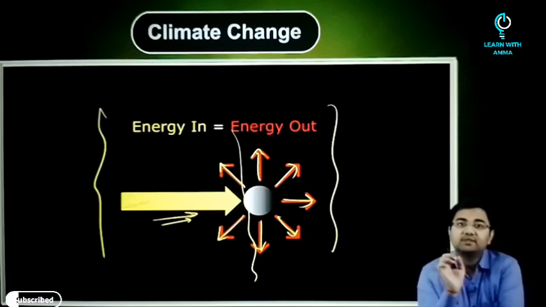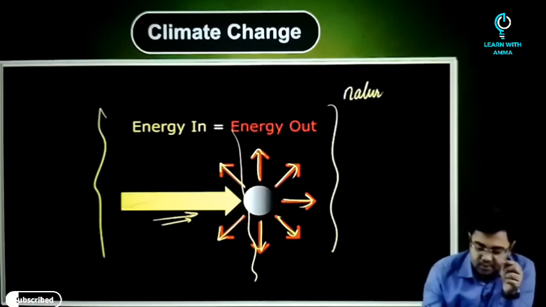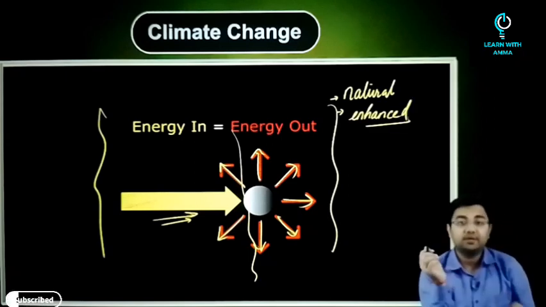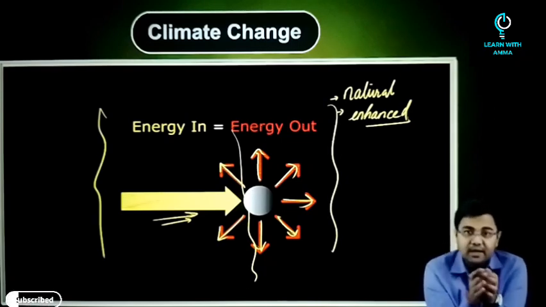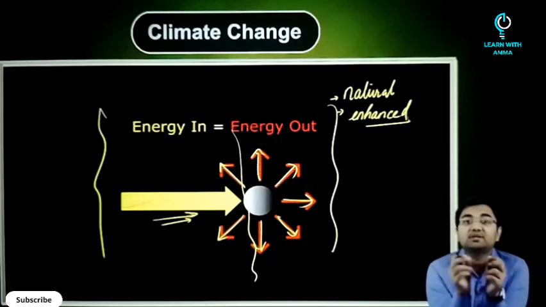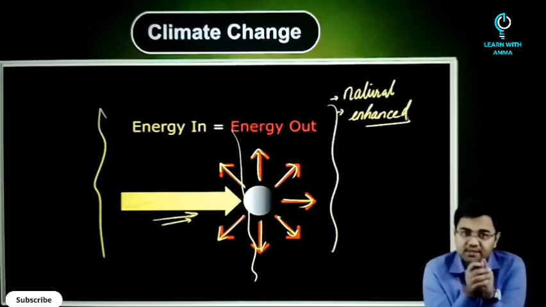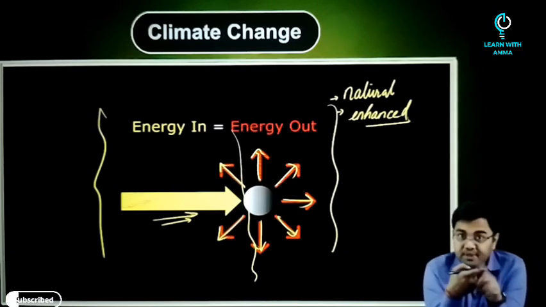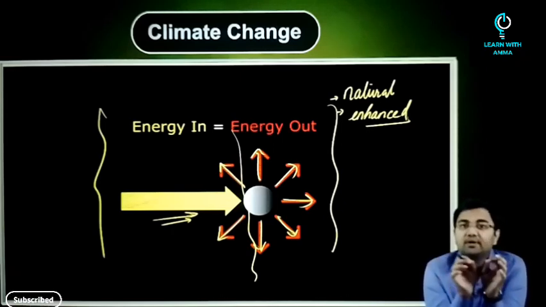But one thing, just try to understand that there is a need to distinguish between what is natural greenhouse effect and what is enhanced greenhouse effect. So the enhanced greenhouse effect mainly is associated with the human activities. Natural greenhouse effect is associated with the surface warming properties that we just discussed. The surface warming properties of the greenhouse gases which naturally exist. For example, if you talk about the Earth's atmosphere, especially water vapor, carbon dioxide and methane, these occur naturally. So existence of this effect is actually accepted by all the scientists.